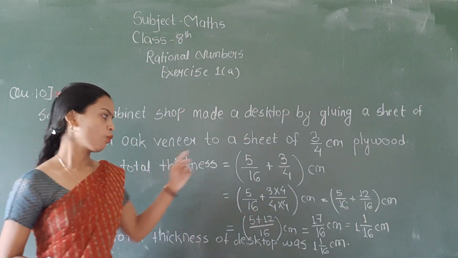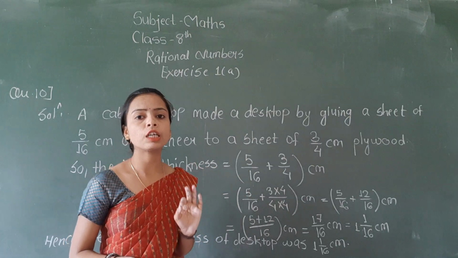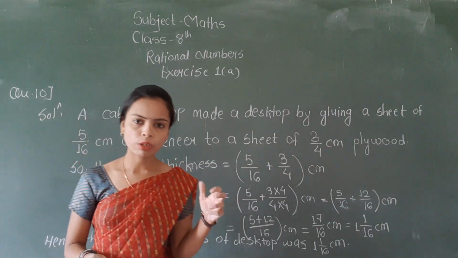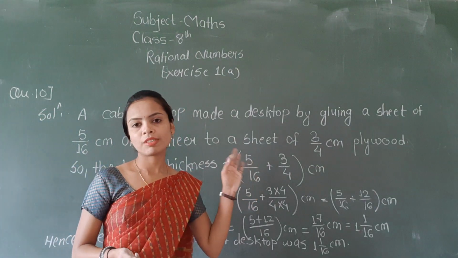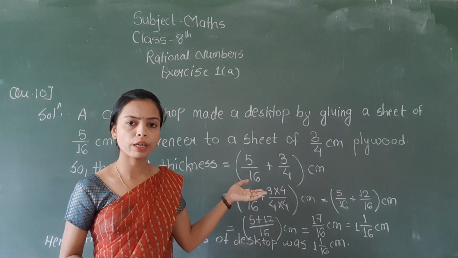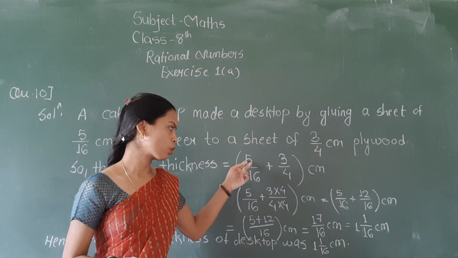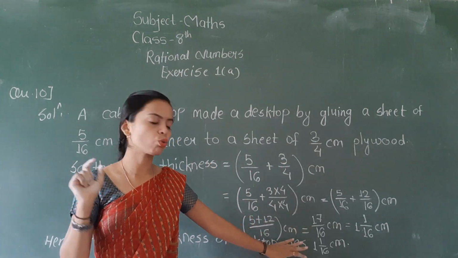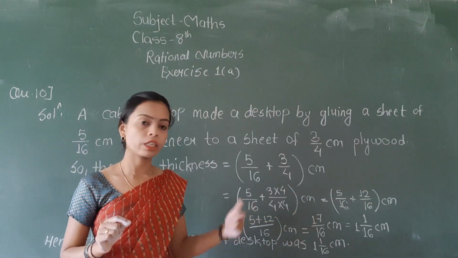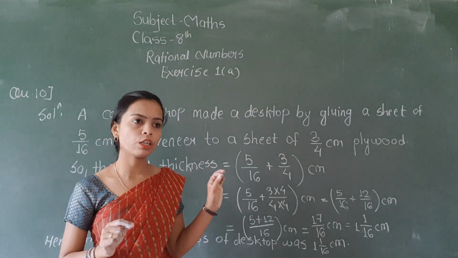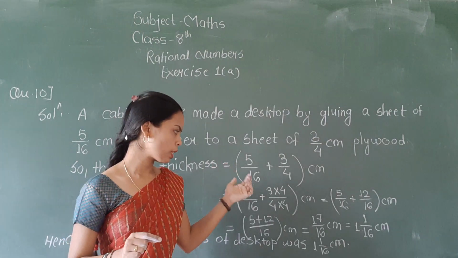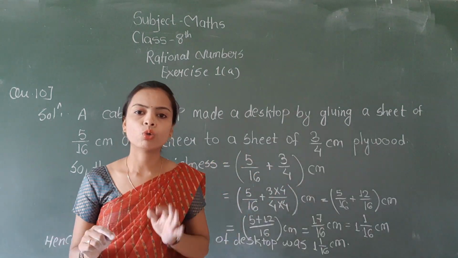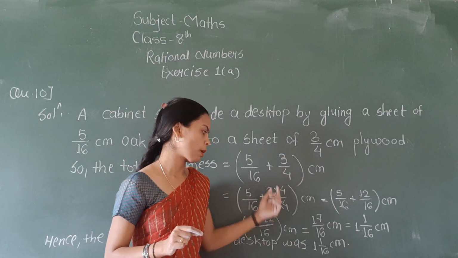So if we are adding 5/16 and 3/4, since the denominators of both of them are not same, you can find out the LCM or either perform the cross multiplication. In both the cases, your LCM is 16. अगर आप इसे क्रॉस मल्टीप्लाई करोगे तो आपका आंसर आएगा 20 plus 48/64. If you solve it and cut it into the shortest form, your answer is again 17/16. And if you are finding the LCM, again your LCM is 16. But here we say कि जो ये डिनोमिनेटर है 4, ये हमें दिख रहा है कि ये 16 में कन्वर्ट हो सकता है. So we convert this 4 into 16 by multiplying it by 4.